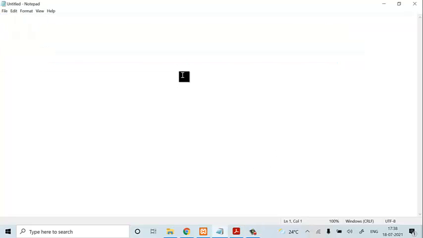Now I'll close this here. So now we will create an XML document. How to create your XML document? I'll write an opening tag and closing, where I'll write xml-stylesheet, where type is equal to text/css, closing of this, and href is equal to program6.css.